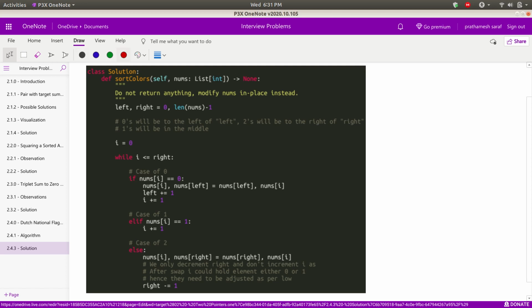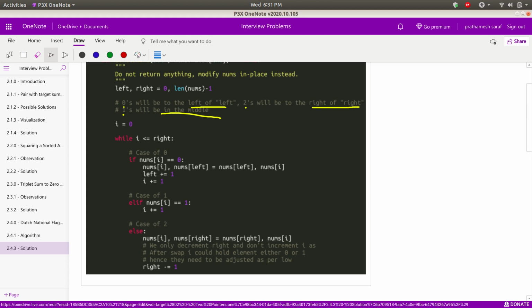See, what we are doing here: this is my left pointer and this is my right pointer. So left is 0 and right is at the end of the array, right? As told, zeros will be to the left of the left pointer, twos will be to the right of the right pointer, and finally ones will be in the middle. So you can consider this as a three-way partition, right? Initially, while I is less than or equal to right, as I said, first for the case of 0,